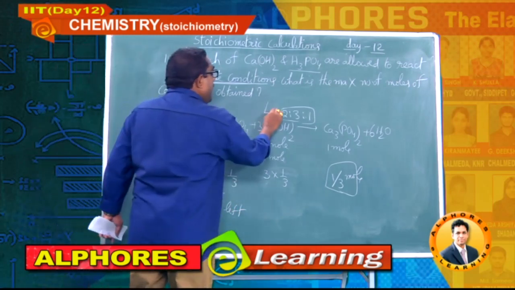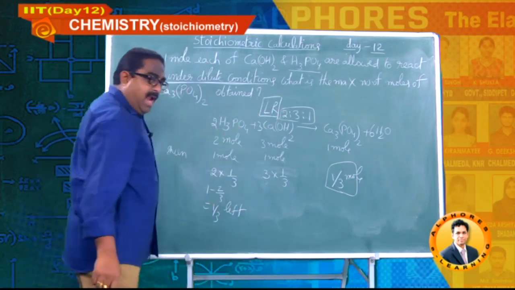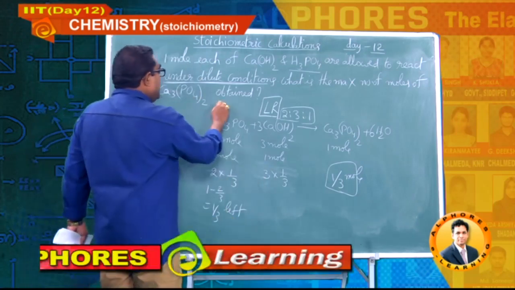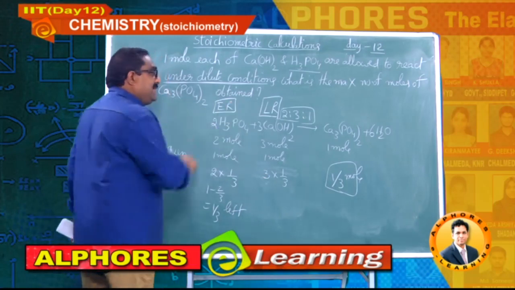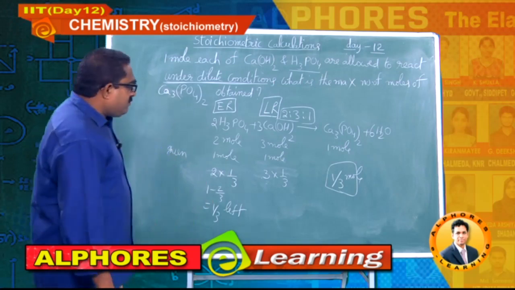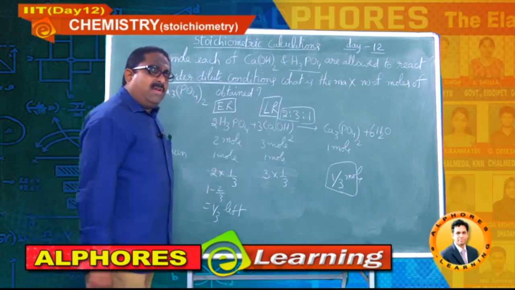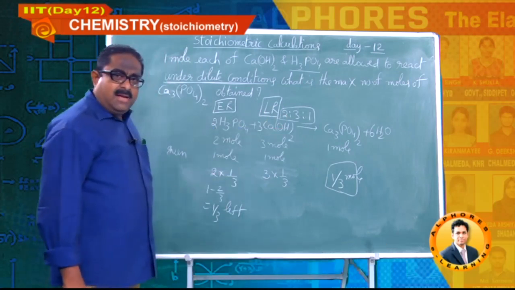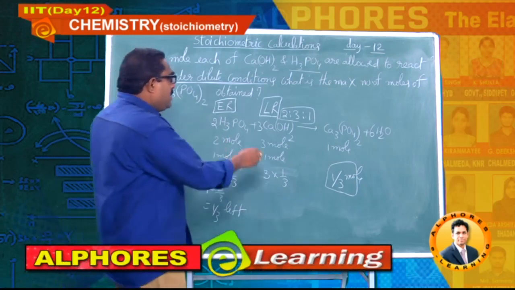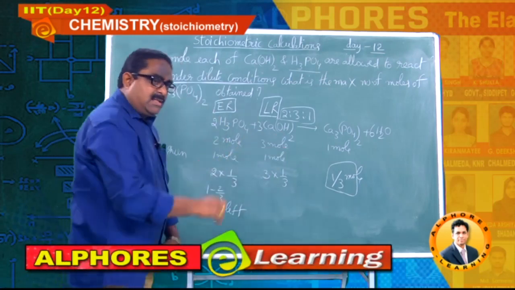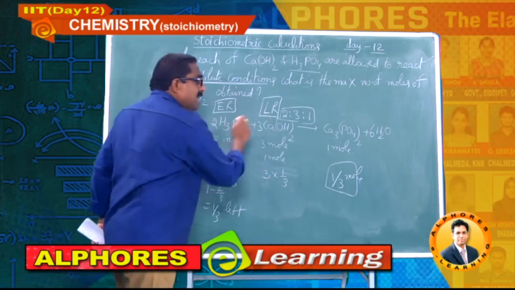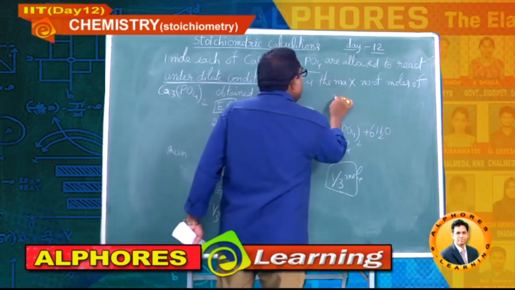So this is LR, limiting reagent, completely consumed in the reaction, all 1 mole, and this is set as excess reagent. I have already told you the amount of product always depends on the amount of limiting reagent. Here I have decided calcium hydroxide as limiting reagent. So I will explain that calculation also, students. I have already decided the limiting reagent as calcium hydroxide. Here I am writing, students, you please concentrate.